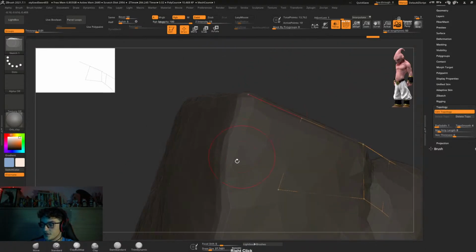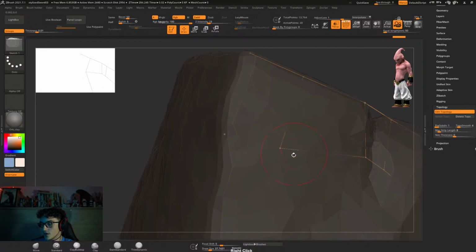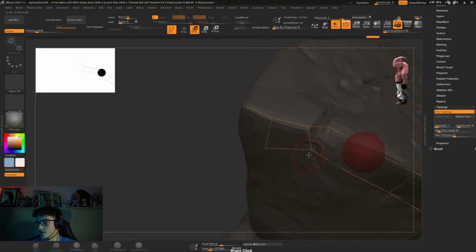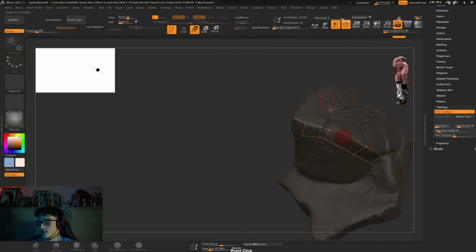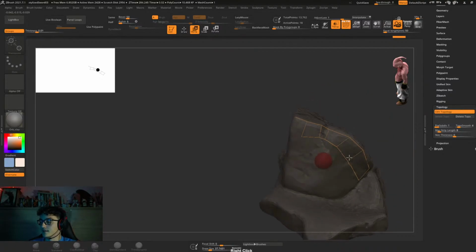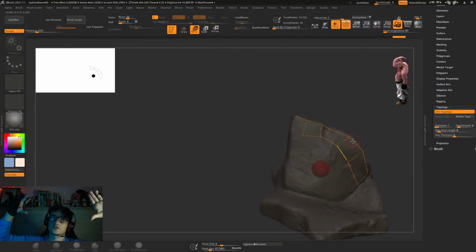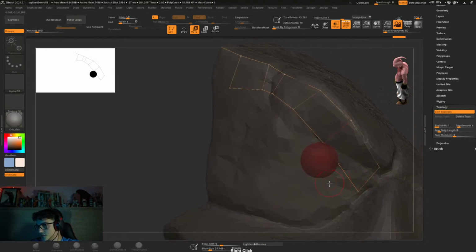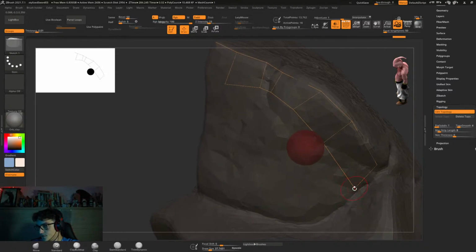ZModeler topology actually allows you to extrude the whole edge. So what I usually do with this old school method, I use it all the time. I create the loops around the mesh, and then I use the ZModeler topology to just extrude things and snap them together and get the whole thing. I'll show you guys. So let me get this to draw,